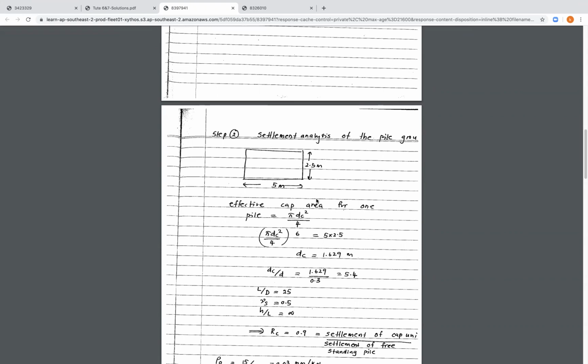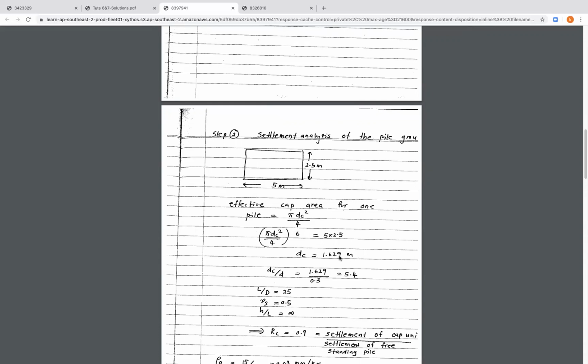This is the pile cap. So we need to find the effective cap area for each pile. This is the effective cap diameter of each pile. So to find that, this is the formula of the circle, the pile cap itself, to find the DC value, and that's multiplied by the number of the piles, and this is the cross-sectional area of the raft area here, because everything should be contained within the raft itself, within the raft cross-sections. By applying this formula, we find that the effective cap area or the effective diameter of the cap area is